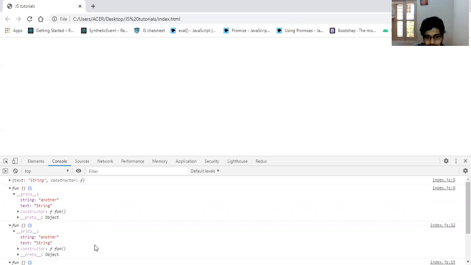Now what actually happens is, using this dunder proto and the prototype property, you are adding new properties to the prototype object itself.